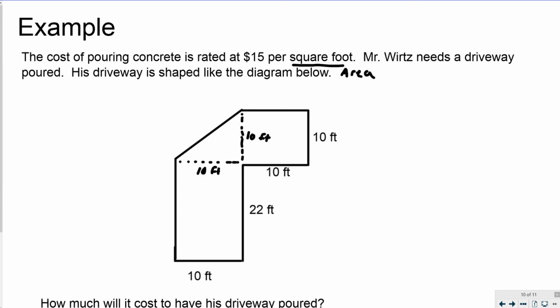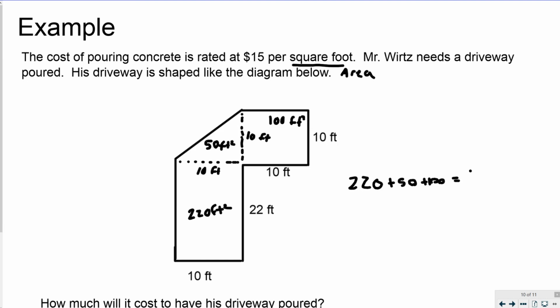So if I calculate inside the square here, I get 100 feet squared. If I calculate inside this rectangle, base times height would be 220 feet squared. And then calculating inside this triangle, 10 feet by 10 feet, but then it's half of it, it would be 50 feet squared. So I broke it up into triangle, square, and rectangle. So now I add the 220 plus the 50 plus the 100,